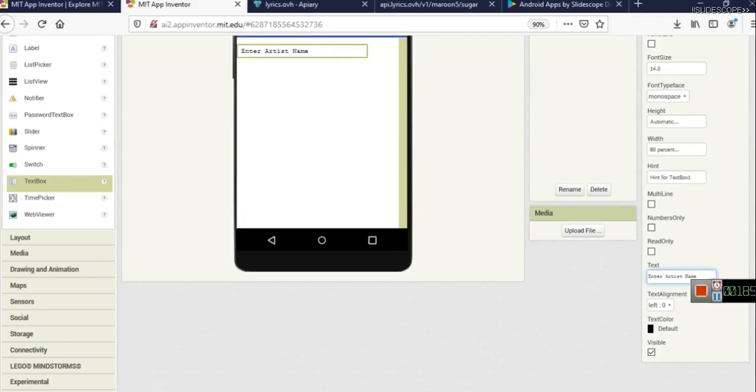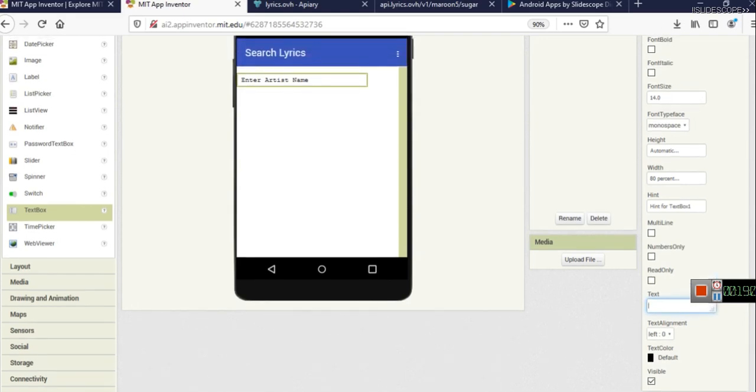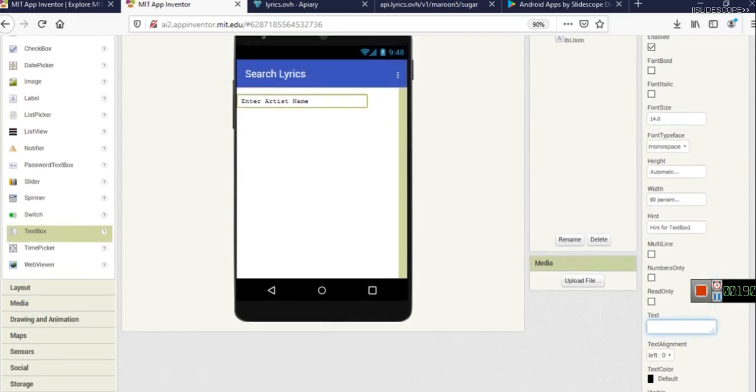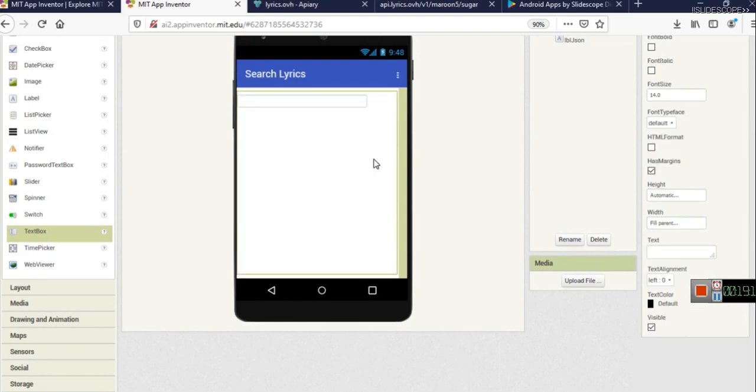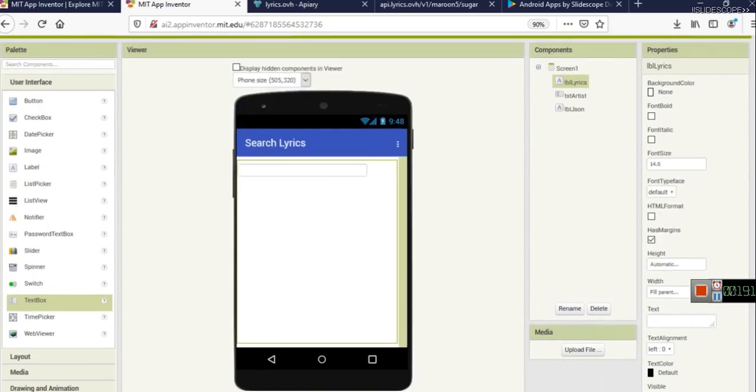We will use a hint here unless you want to enter some working text here. So you can enter text. So I will cut this data, and you will find the hint here. So in the hint part you will write enter artist name. You will not be able to see it here, but when you download your APK file, you will be able to see that. The next thing is